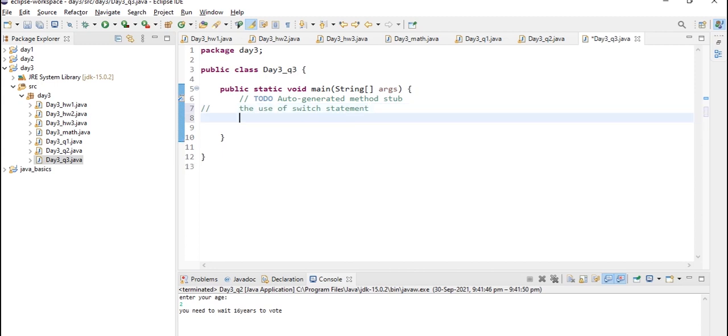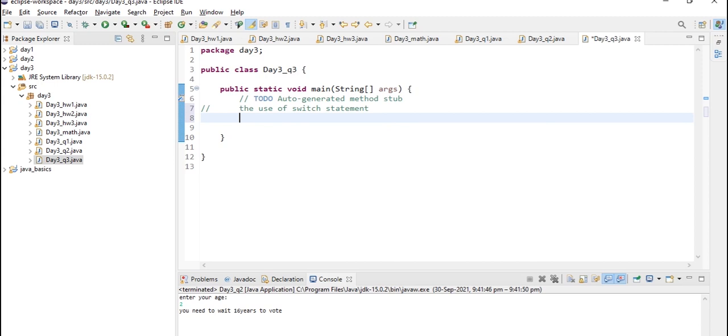So now what we are doing is, if we give a number from 1 to 12, it has to print the name of that month. Like if I give the input as 3, March should be printed. And if I give 13, that is an invalid month, it should print something like invalid month.